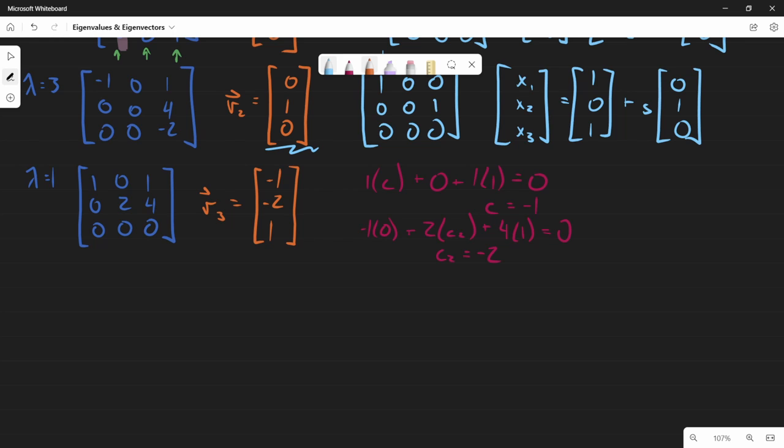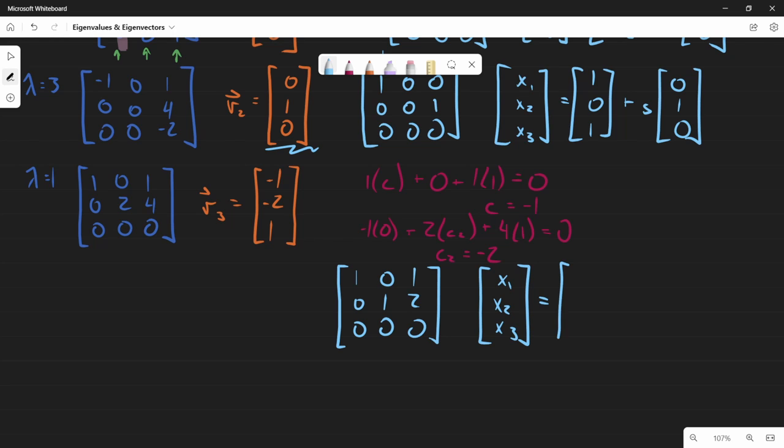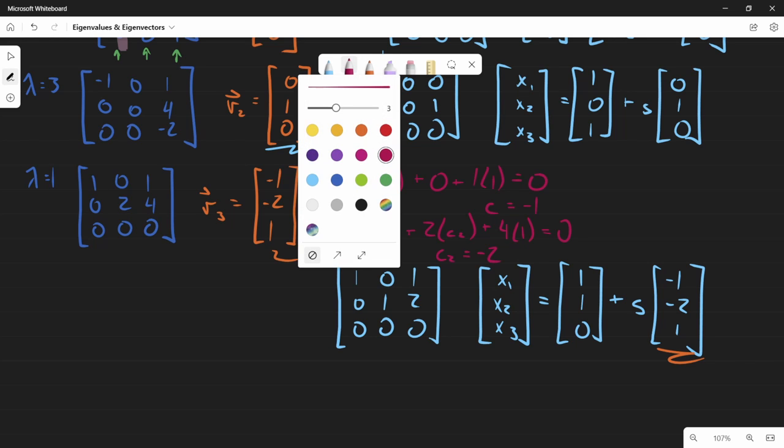If you put this in reduced echelon form, you'll get 1 0 0, 0 1 0, 1 2 0, and so our solution will be x1 x2 x3 equal to 1 1 0 plus s times -1 -2 1. And like I said, you look at the kernel, it's going to be the same thing as what we find, and so ultimately our answer is going to be